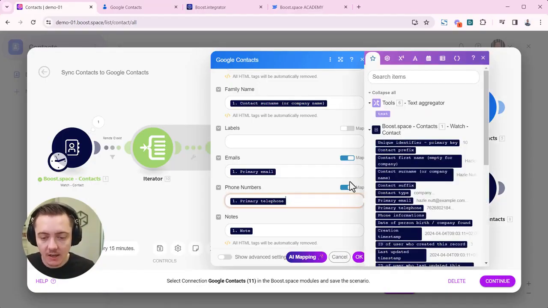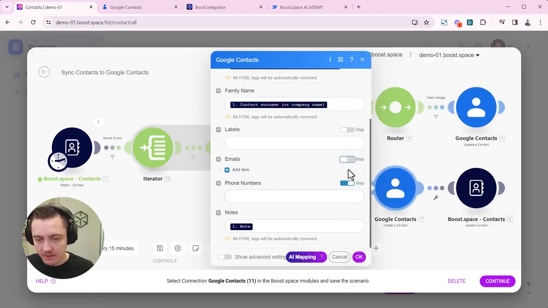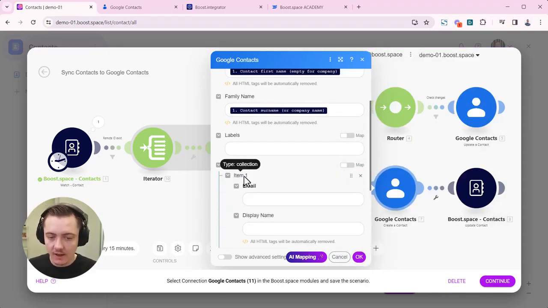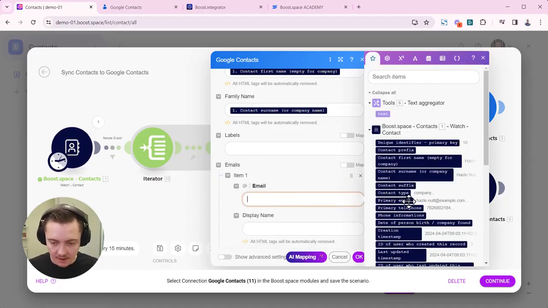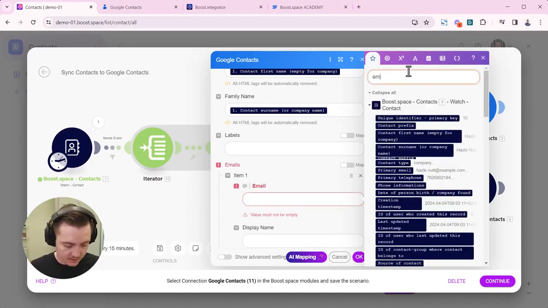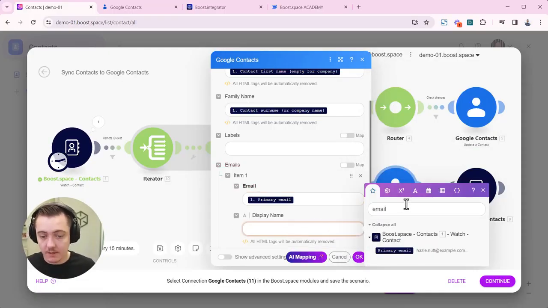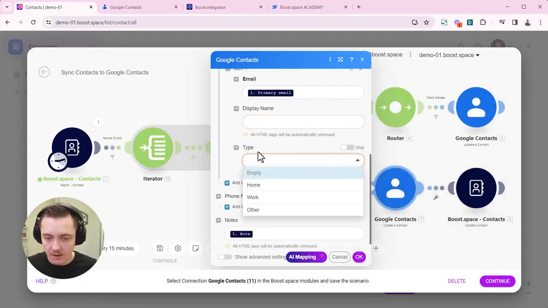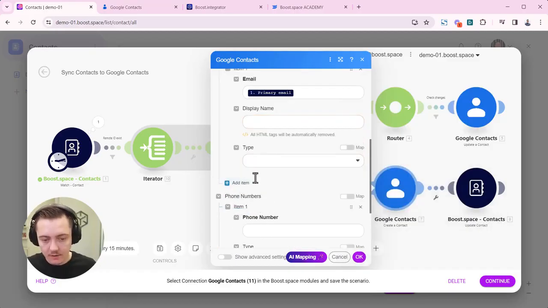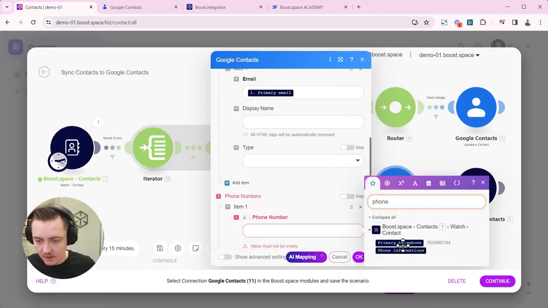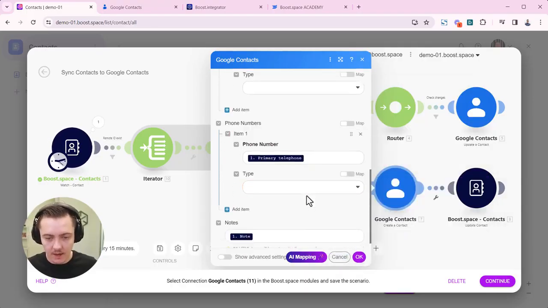And actually, you see that here for the emails and phones, you have the map field selected. So I prefer, and it works better if you uncheck it, and if you actually add the email item here. This is better option. So I'll choose the email here. So this is basically fixing some of the AI mapping for us. Also for the phone number, let's do that manually, but I feel the AI was successful in helping